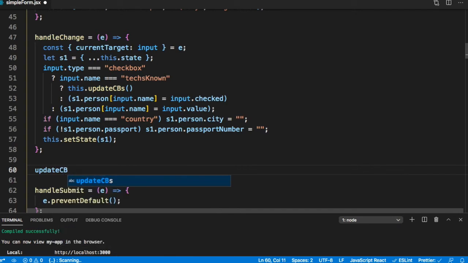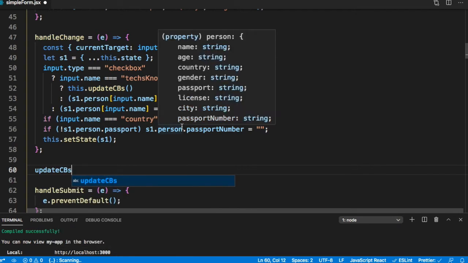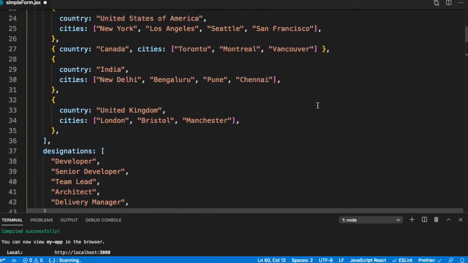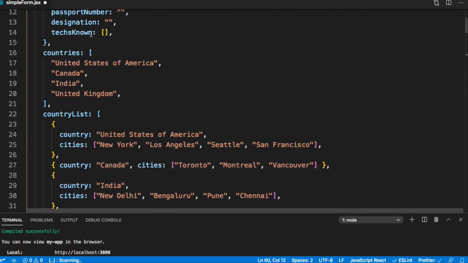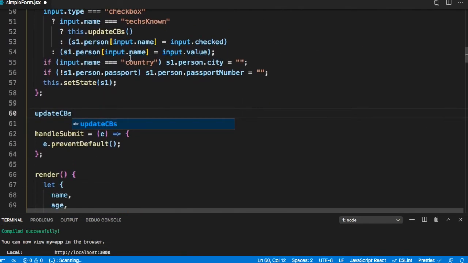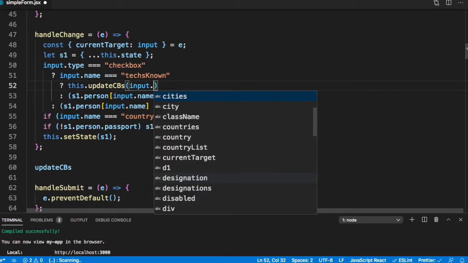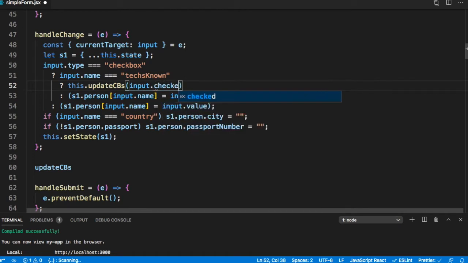So what is update cbs? Update cbs will update this array text known. So if the value was checked, it will push it into it. If the value was unchecked, it will remove it from the array. So what all parameters does it need? Let's pass parameters to it. It wants input dot checked, what happened to it, whether it was checked or unchecked.